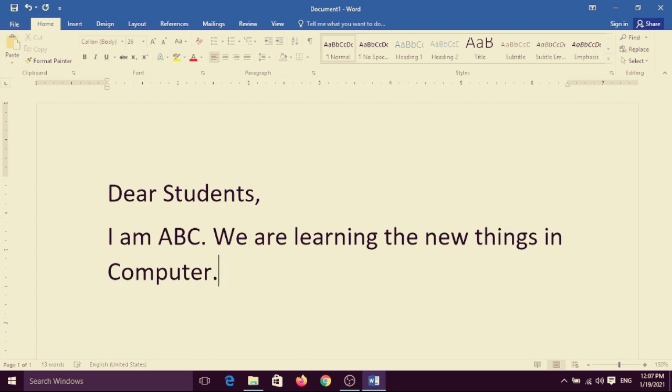See, when I was typing this sentence, the blinking cursor automatically moved to the right side after typing the letters.